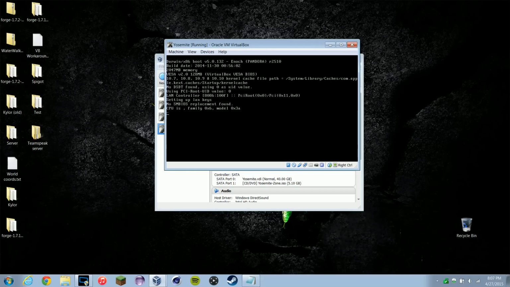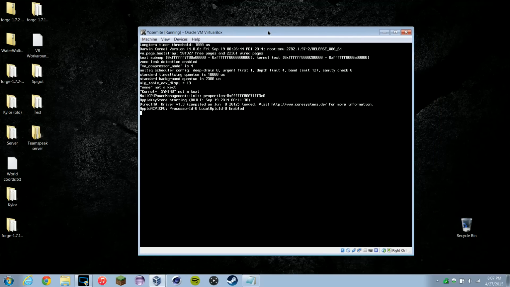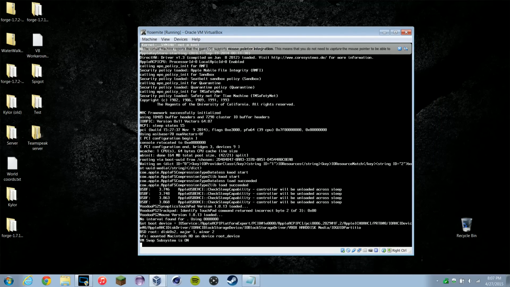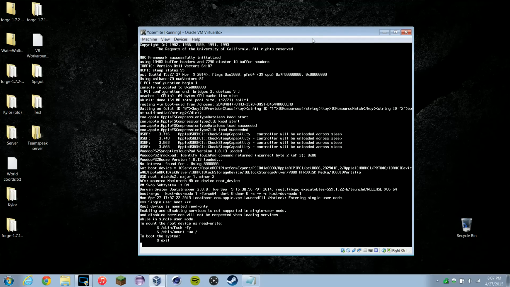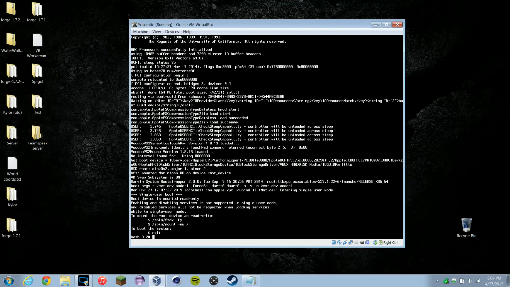It will begin to load up our verbose mode, and then there will be a few commands that we will need to run in order to get this to complete itself. So, let's let it load up here. It will get to a certain point and stop. There we go. And as you can see, it says it has two things to mount the root device as read-write. We'll have to run the first one and then the second one. Now, there's a couple other commands that we will have to write in between, but let's just start off with the first one,